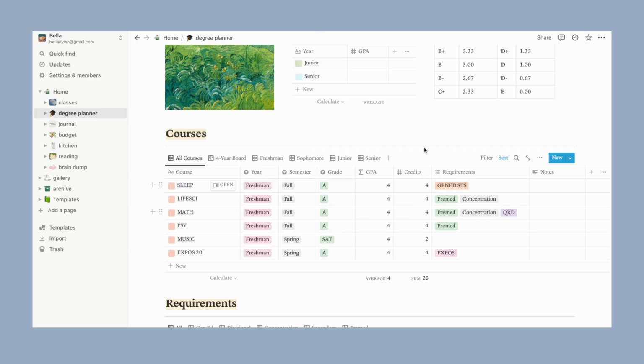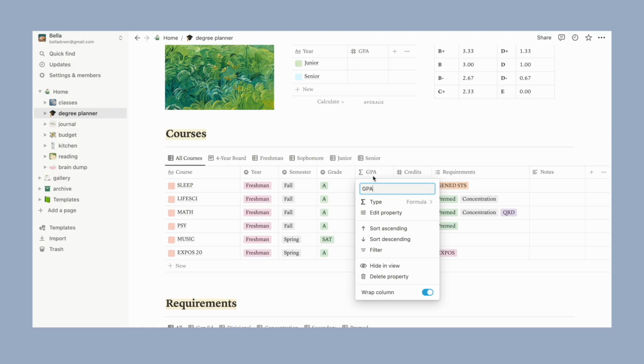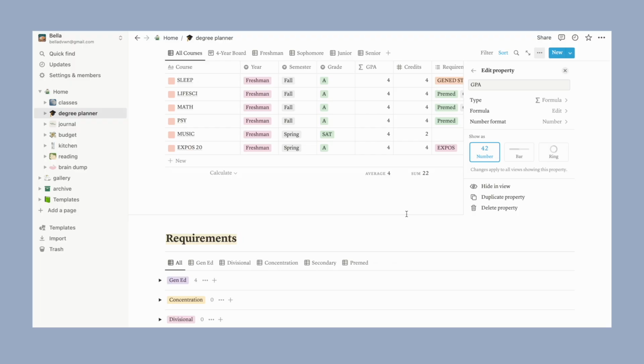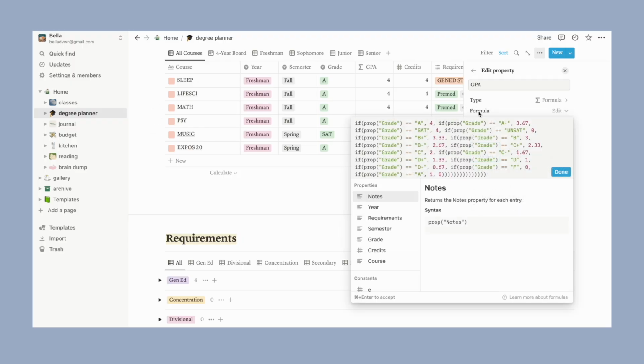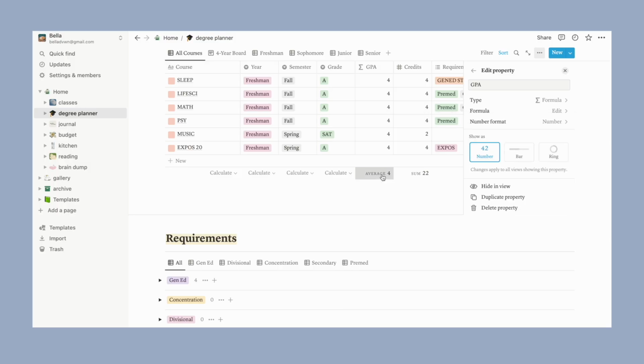Something really important if you're going to use this template: you have to customize the GPA column in order for it to calculate based on your school's grading scale. This column is based on a formula that you can edit by clicking on the top row and clicking on Edit Property. Then you can click on Formula and change the letters and numbers. It works the exact same if you change this column to a number column and manually enter in the grade